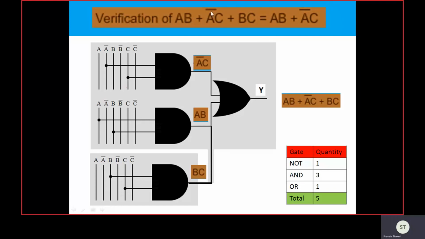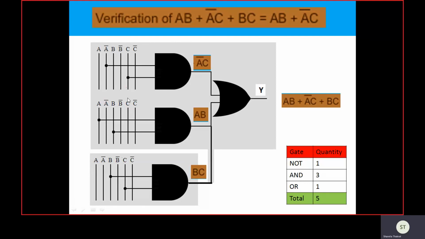Looking at the original signals, that is A, B and C, A complement is generated from A by taking an inverter in the circuit. The inverter is not shown in the circuit diagram, but obviously A complement is the complemented version of the original signal A, so we need one inverter to get A complement from A. If we analyze this circuit, the total number of gates required is 5.